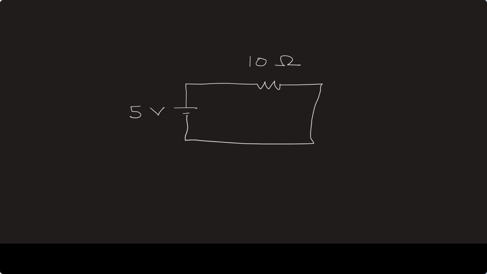Now, it doesn't matter what direction we pick, but if our current comes up positive, then that means that's the direction the current is flowing. If it comes up negative, it means the current is flowing the opposite direction. I'm going to choose the current this direction. And the reason why is this is the positive terminal of the voltage source, and this is the negative terminal